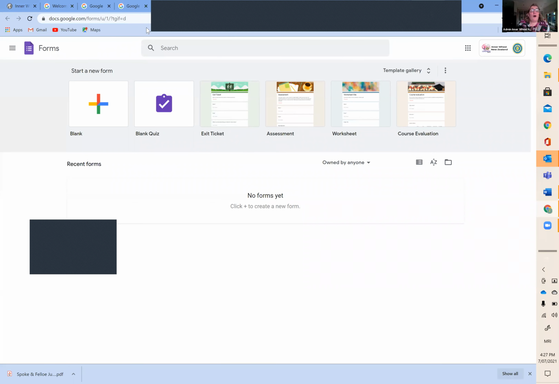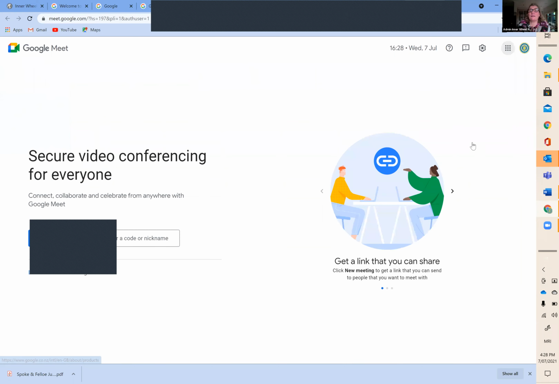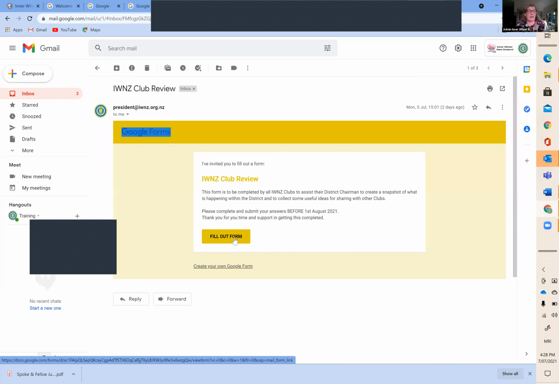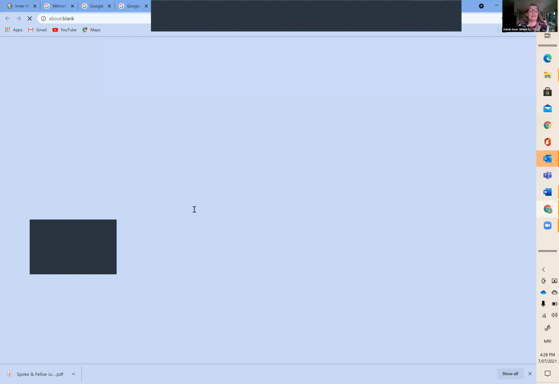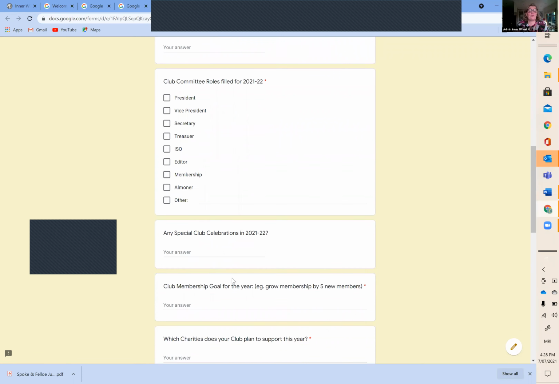So an example of a Google form that I wanted to show you is the club review one that is sitting in my Google, in my Gmail account. So the club review form, and it may look like this, or it might just be an email link, an internet link that I've sent to you. And when you click on the link, it opens up the form. And where there is a red asterisk, that's where you have to fill an answer in. So there are some simple answers to be given and some spaces for some longer answers